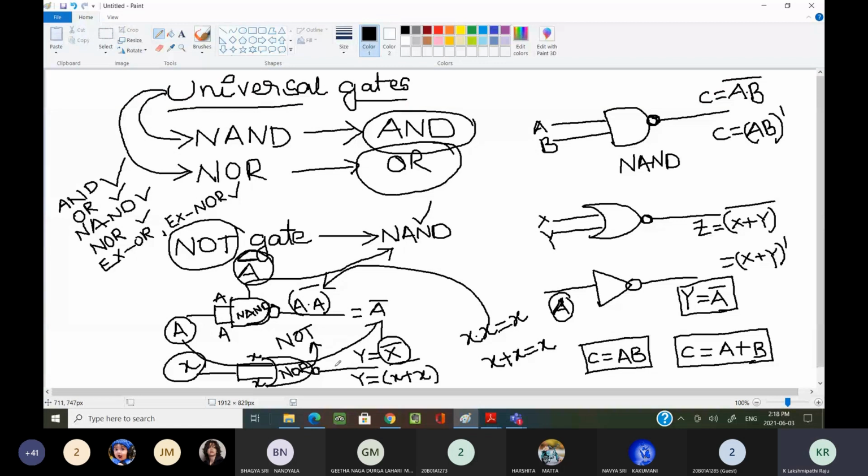Am I clear, everyone? Are you following what I am saying? Yes, sir. Everyone, am I clear? My voice is audible to everyone? Yes, sir. Okay, are you following? All these are simple things only. That is the reason I am not asking every time whether you are able to understand or not, like that. I am not asking repeatedly. Why? Because these are simple things only, you can easily understand.